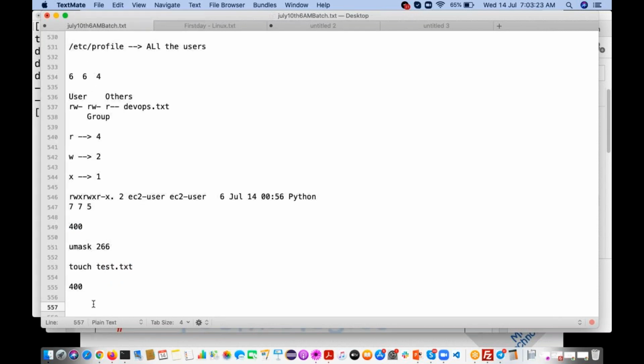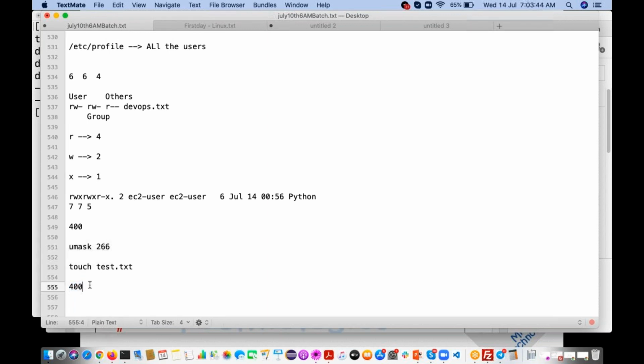What do you mean by 400? Only the read permission, and for whom? Only for the user. This is group, the third one is others.